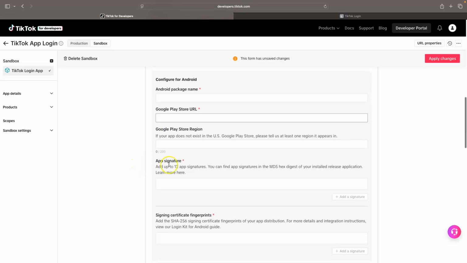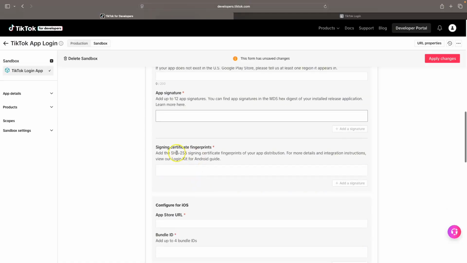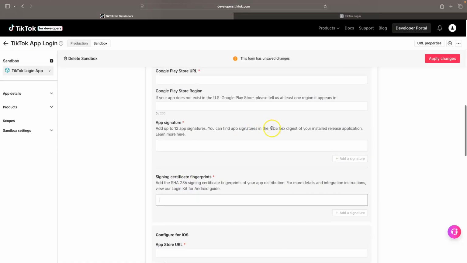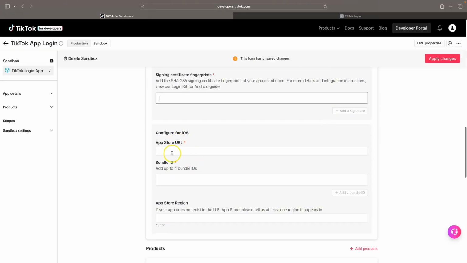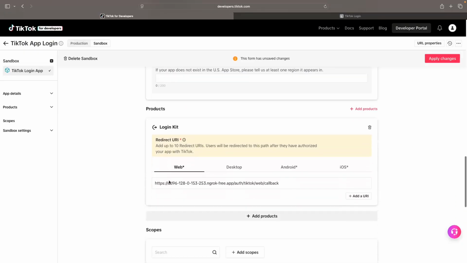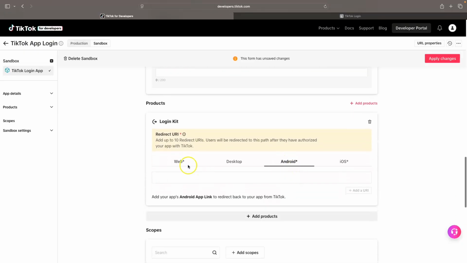And then for Android, you will need to add your app signatures. Okay, it's important. And then you add your SHA-256 certificate fingerprint. Here is the MD5, here is the SHA-256. For iOS, you add your App Store URL and your bundle ID. Okay, and after that, you will need to specify your